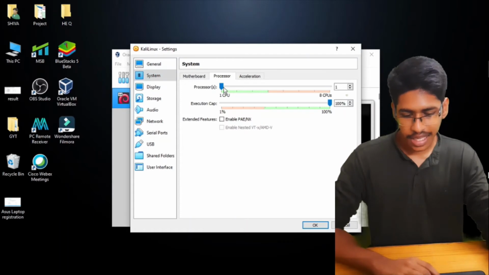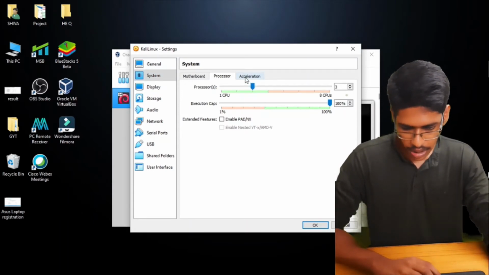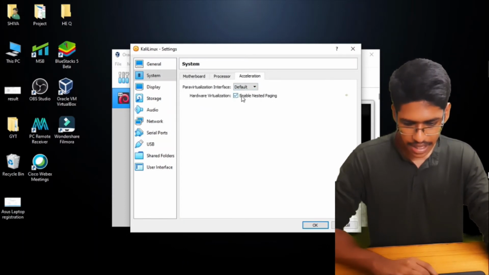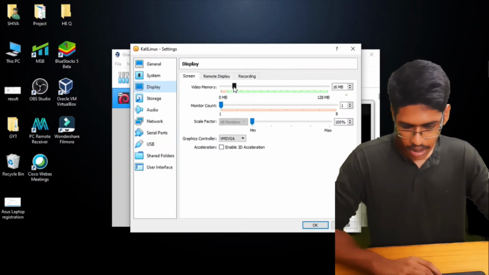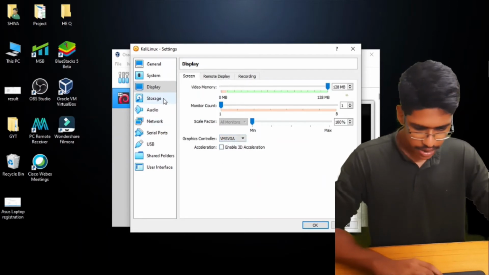I'll be giving it 3 processors, that should be good. And then Acceleration, default, I won't really change it. Next comes Display. Now for the display, I'll give it 128 MB. Most people do, and I'm also doing that. Graphics, I'll just let it be the way it is.